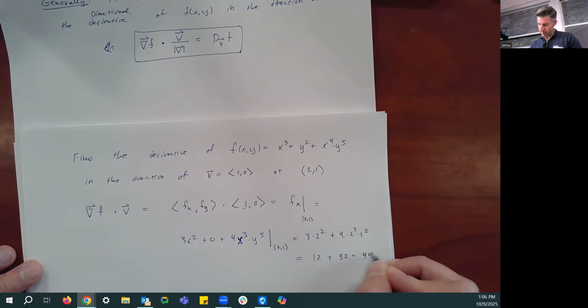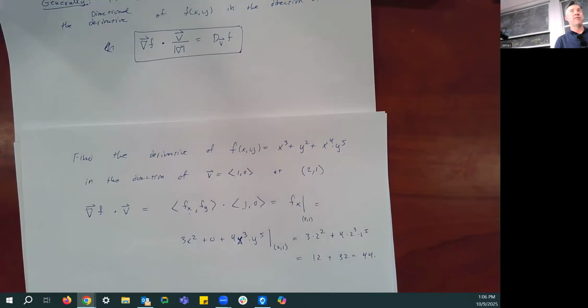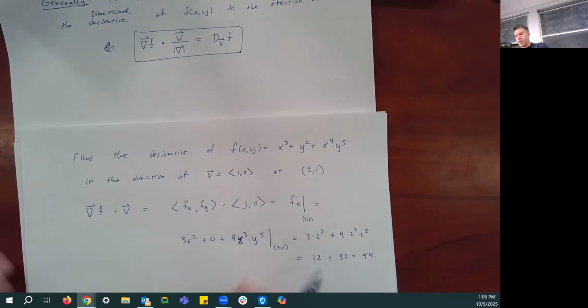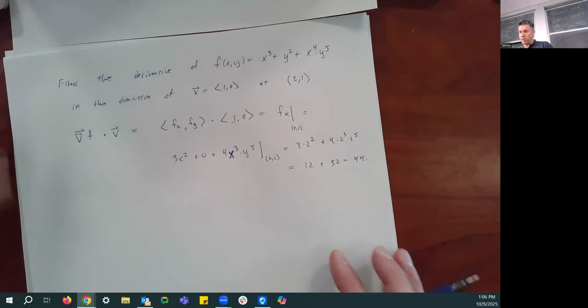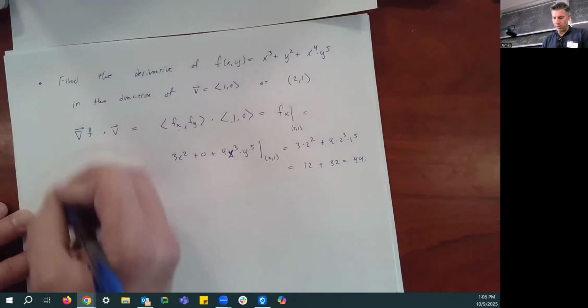But the point there is that you already know how this directional derivative works in some cases. If you're moving in the x direction, well, your unit vector is 1 comma 0, and the dot product works out just like this. Well, let's ask a more interesting question. Instead of asking, let's keep the function the same. Let's now ask,